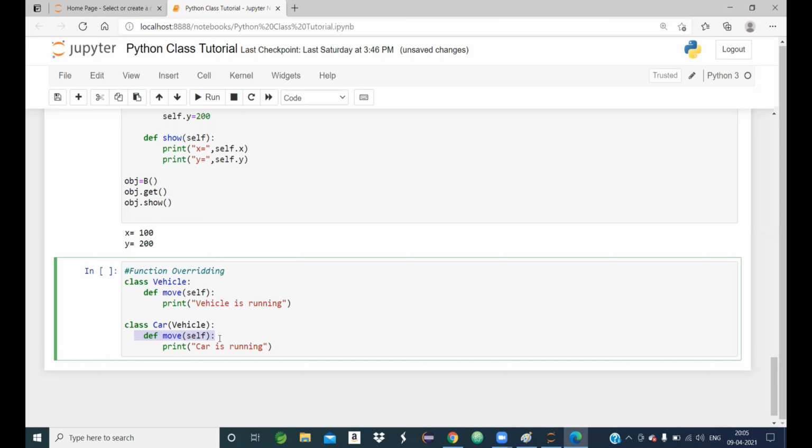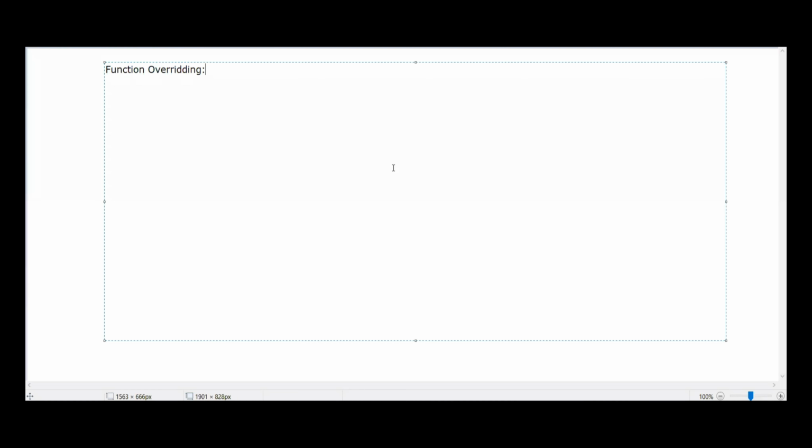Then we can say the function in the child class is overridden, an overridden function. So this concept is known as overriding or function overriding.